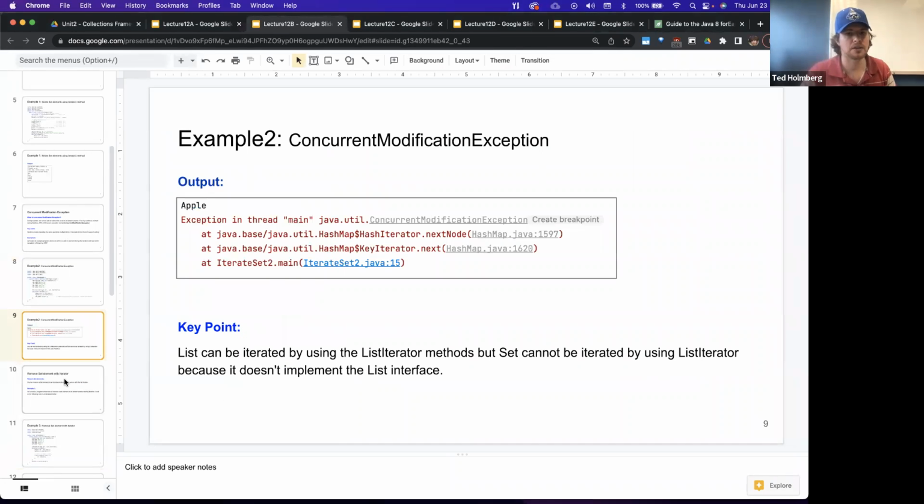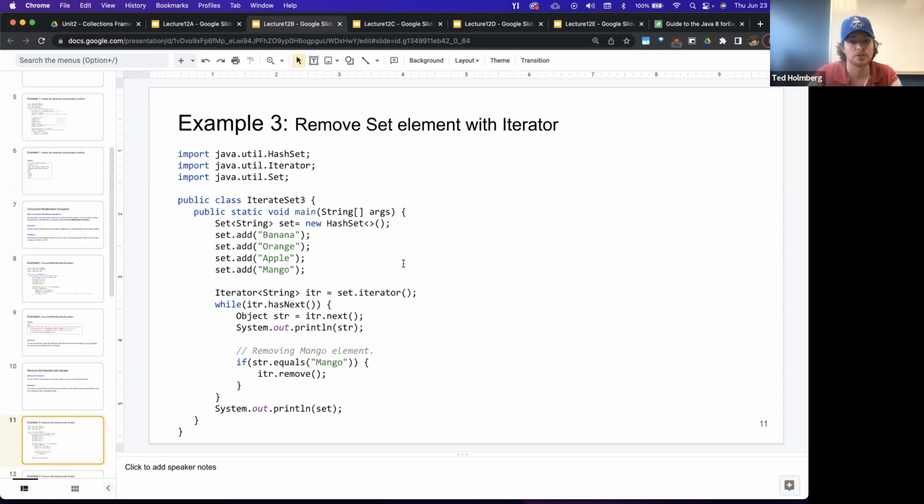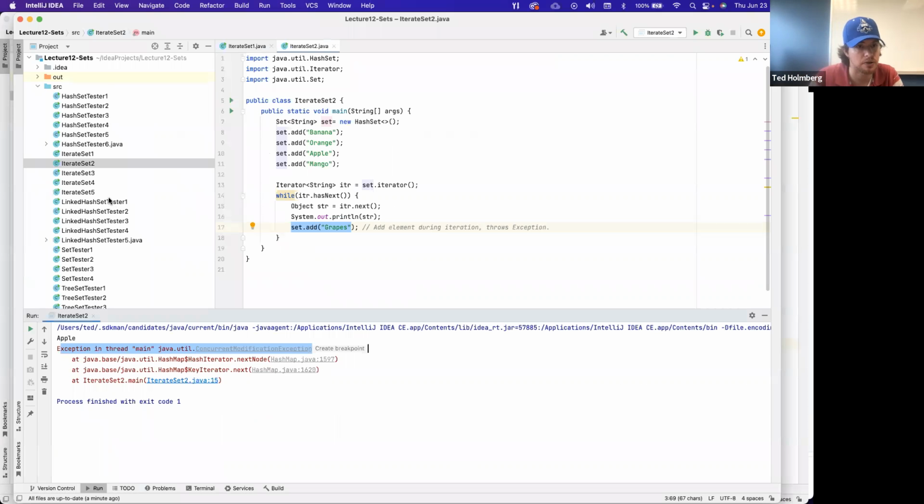Okay, and that is our output. Let's look at another common thing we want to do with the iterator: we can actually use the iterator to remove a set element at wherever the iterator position is. We could do the same thing with the list iterator as well, right? Remove is something that is part of the universal iterator, but we'll make use of it. We'll show that we can make a program that will remove a set element at an iterator position during iteration. So again, just some small code that looks very similar to the other one, but